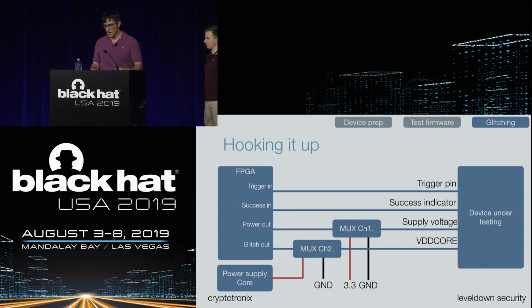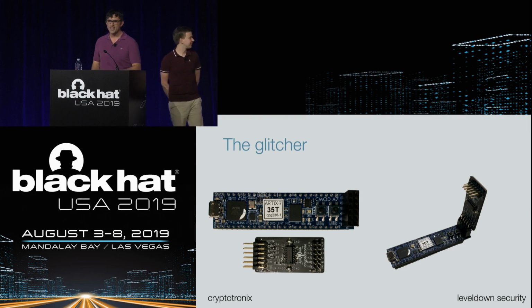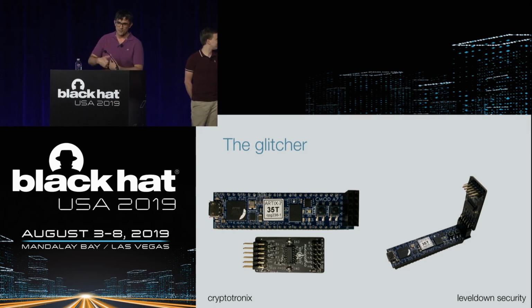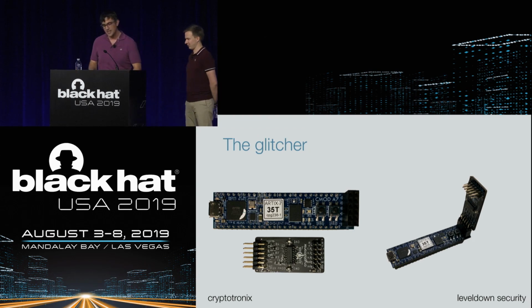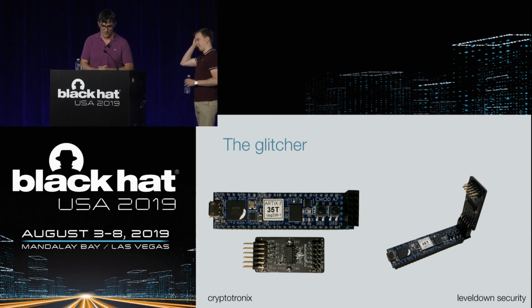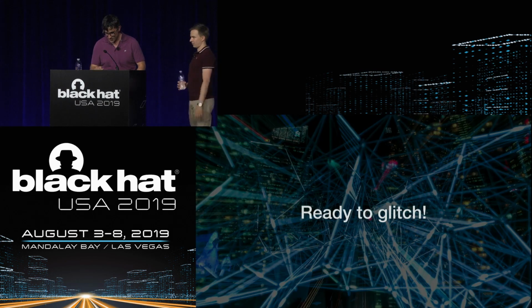So we're going to put this all together. I wasn't a big believer in 3D modeling things first: make the PCB, get everything hooked up, then see what it looks like afterwards. Sometimes I'm starting to learn that it's useful to do 3D modeling before, because sometimes you have fails. When you have the PMOD and the glitcher, now you have to stack them vertically and it sticks up like a nice L connector. So pro tip, 3D model, it's getting easier with lots of different CAD tools. You'll save embarrassment on slides. And now we're ready to glitch.